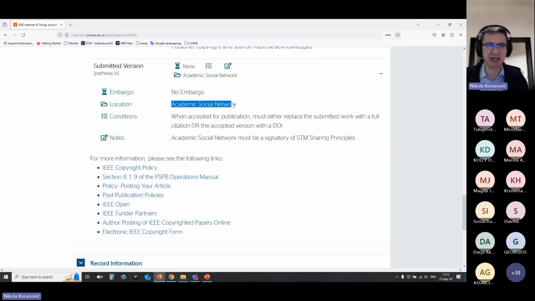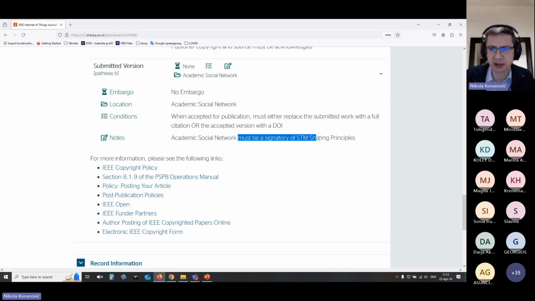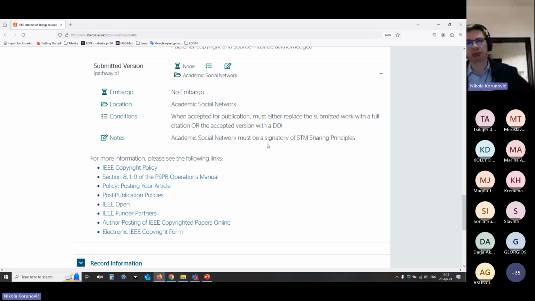It's academic social network. So you can also publish it on academic social network, but here you can see it must be a signatory of STM sharing principles. For you to be completely clear about this,